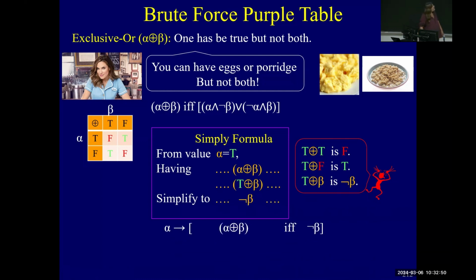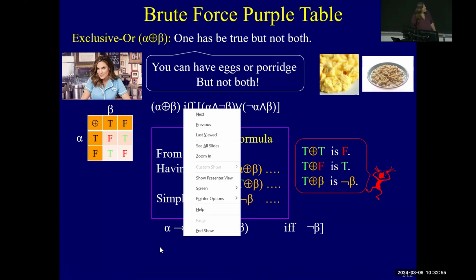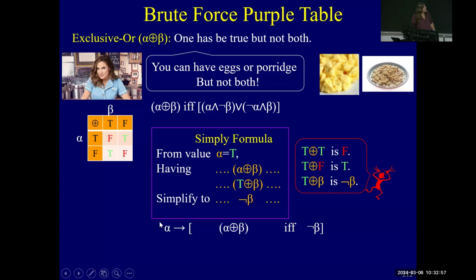All right, so then here's how I made up this sentence. Was this on a test? It was on a test last term sometime. It says if alpha is true, then these two things are equivalent. Everybody buy that? All right, and then we translate that into that, and then we translate that into that,